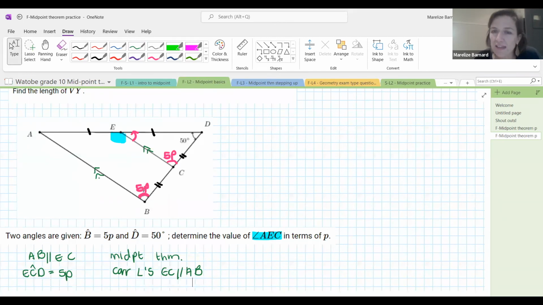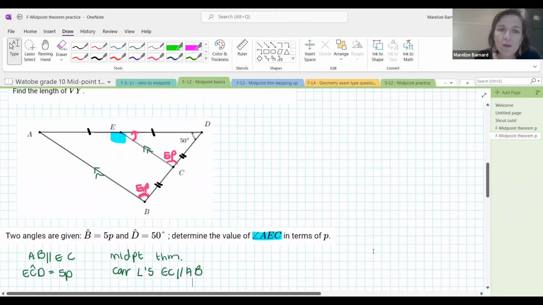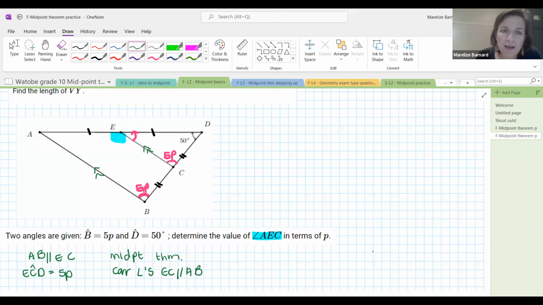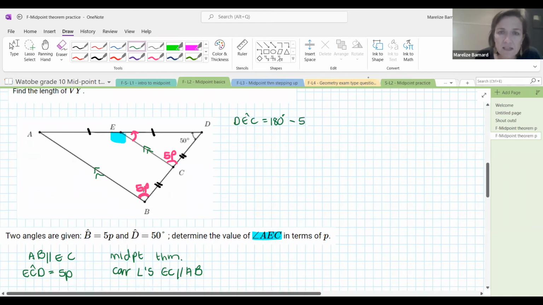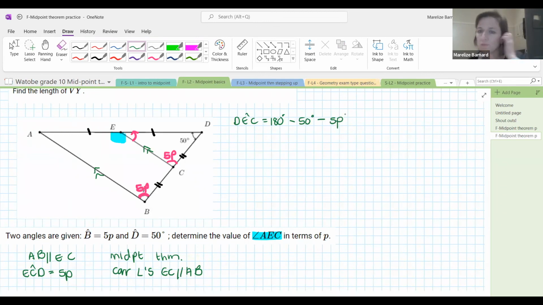I don't know, guys, I think you are guessing. I don't know where these numbers are coming from, but if we wanted to determine this angle, angle DEC, we would have to say DEC is equal to 180 degrees minus 50 minus 5p. So I'm not sure how the 26 and all of that is coming about, because we only have 50 and 5p, and if we wanted to know what DEC was, we need to actually